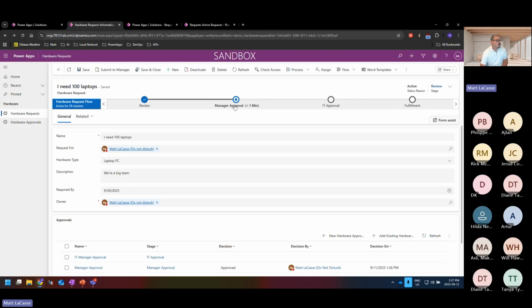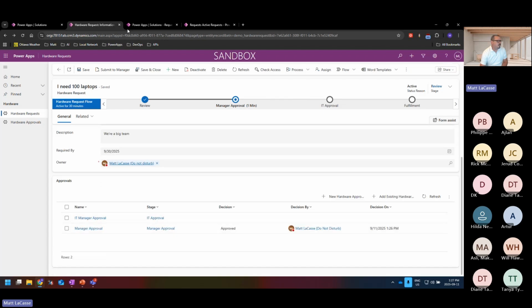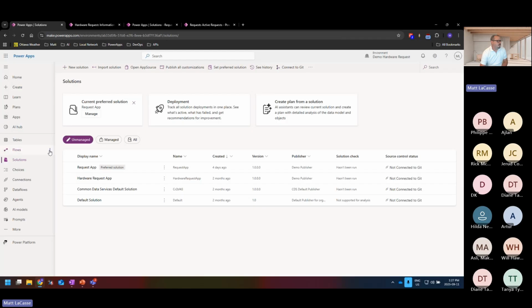Same thing with our need to manage stage approvals. Before moving to a new stage, we have our fields here, but if I needed to add, let's say, another approval for this stage, that involves an update to the application. So for our approval generation as well, let's just take a quick look into that Power Automate flow.